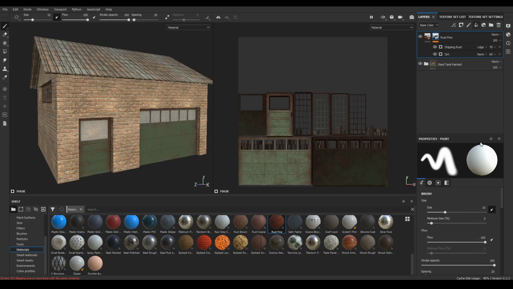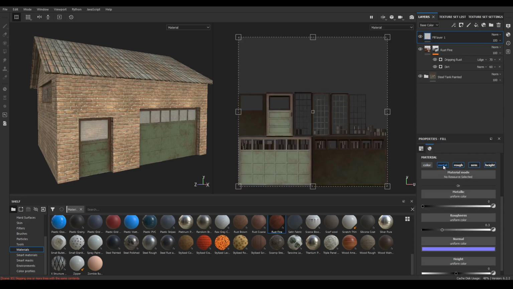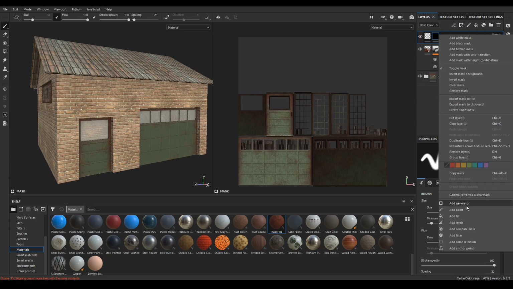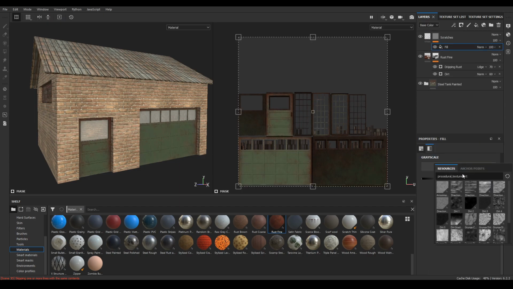Now add another fill layer and in this fill layer disable the color, metal and normal. Increase the roughness to 1 and height to -0.2. Rename this as scratches. Add a black mask and take a new fill. In this fill, search scratches and select this grunge scratch.